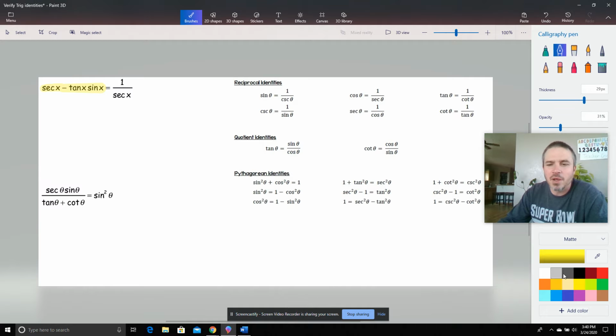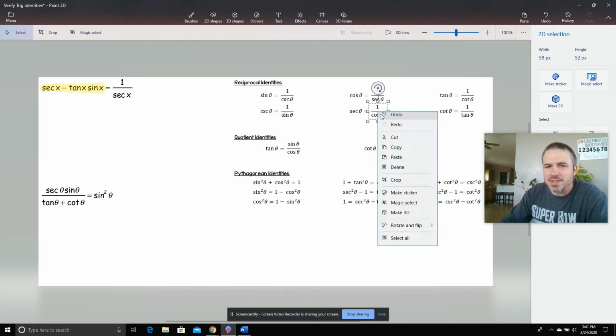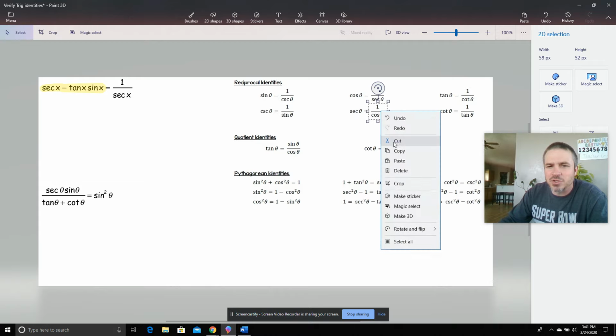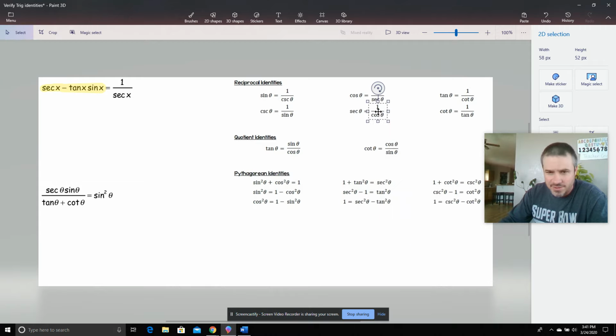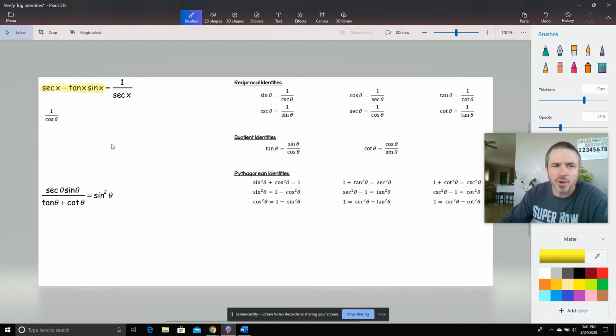One of my favorite strategies to use is to turn everything into sines and cosines. Usually that helps you see what you should do. So we're going to use that strategy on this first problem here. Secant of x is the same as saying secant of theta. So we're going to represent secant of theta using this reciprocal identity instead. So instead of saying secant of x, I'm going to represent that as 1 over cosine of